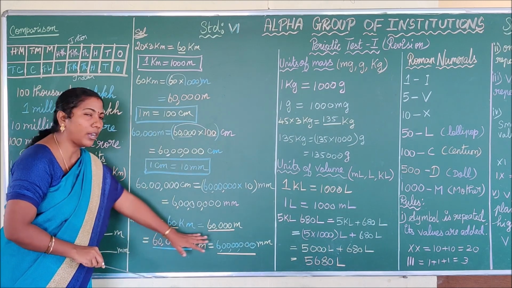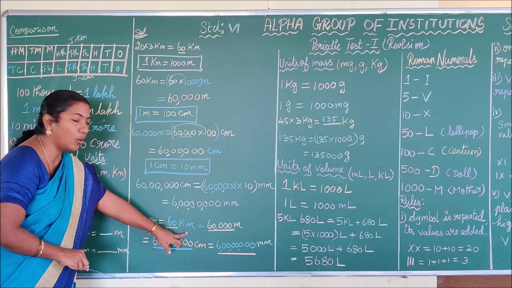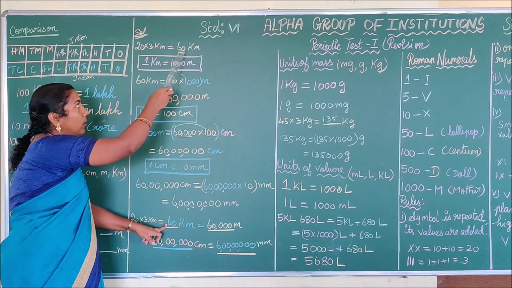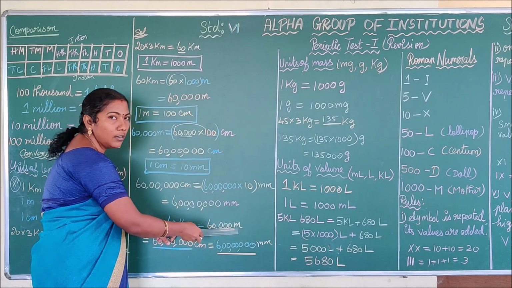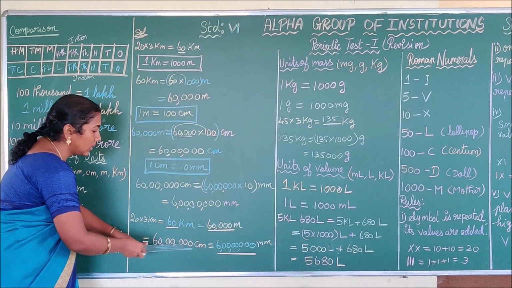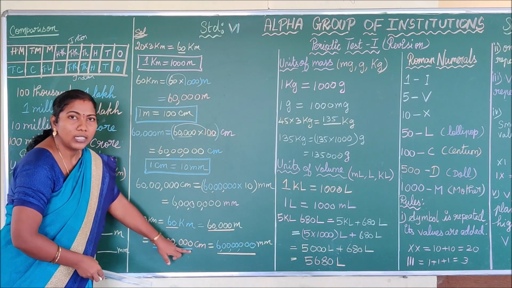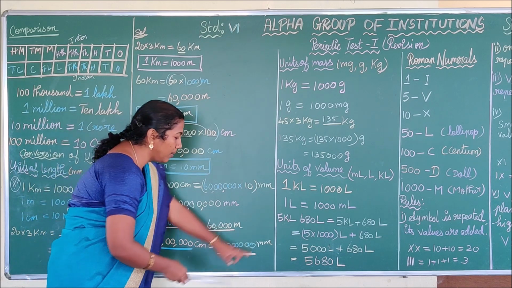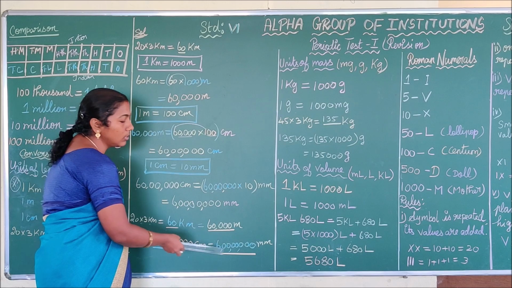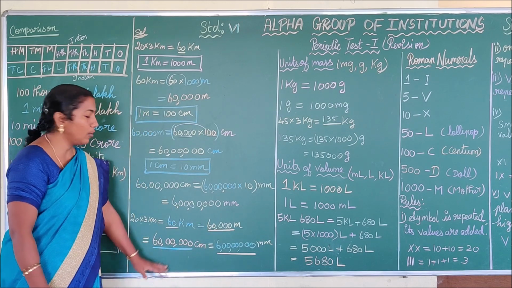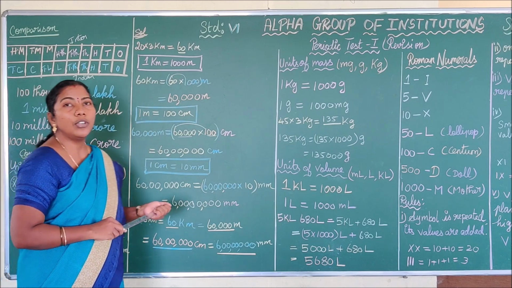So finally we have to fill in the blanks. 20 into 3 kilometer equal to dash kilometer. 60 you have to write. Here we have written 60 kilometer. Next it is equal to dash meter. 60,000 meter. And here we have centimeter dash: 1, 10, 100, 1000, 10,000, lakh. So 60 lakh centimeter. Next you have to write dash millimeter. So 1, 10, 100, 1000, 10,000, lakh, 10 lakh and then crore. So 6 crore millimeter. So here we have completed this. You understand, children? Okay, next we are going to see units of mass.